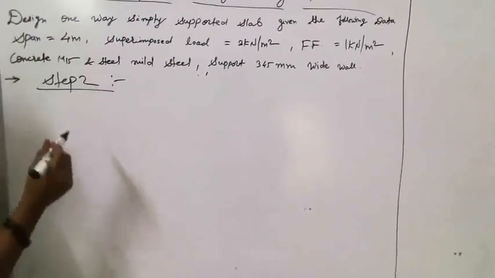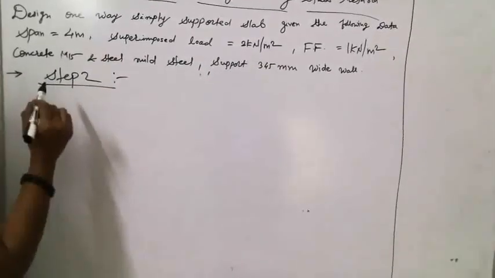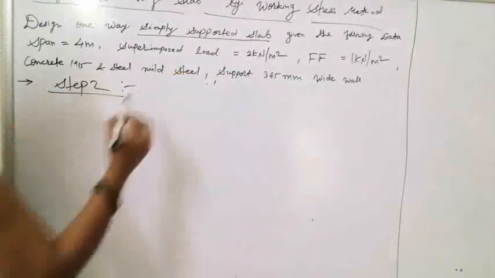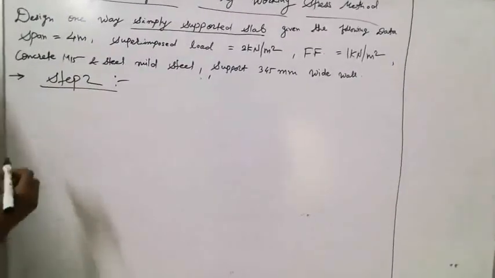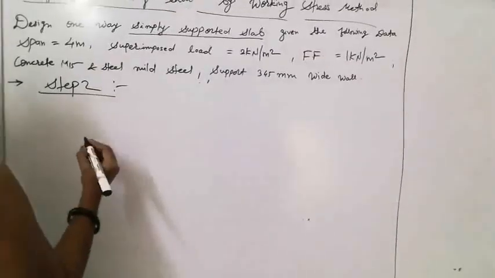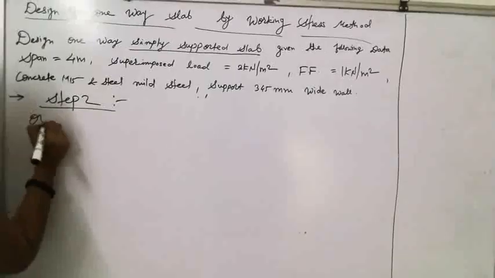As per the given problem, our slab is simply supported. Where is it simply supported? Yes, here. The slab is a simply supported slab. So according to IS 456-2000 clause number 23.2.1, the overall depth of the slab required